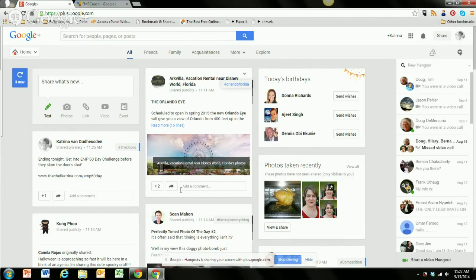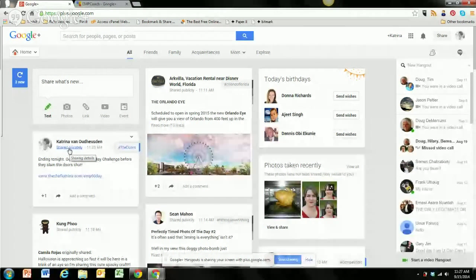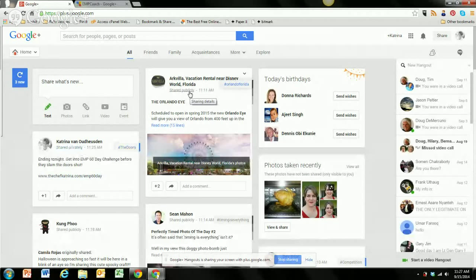Yeah, and it's effective. That's what we like about this. As you guys see here, it says it's shared privately. So this tells me it only went to a certain group of people. And if you want, it'll say share publicly, and that will let you share it, something you can pass on. But this is a really powerful tool, and the fact that you can do so much with it is really what I like about Google+.